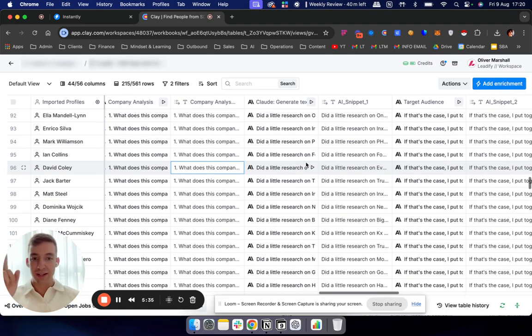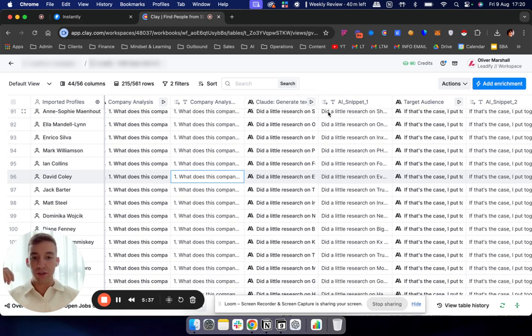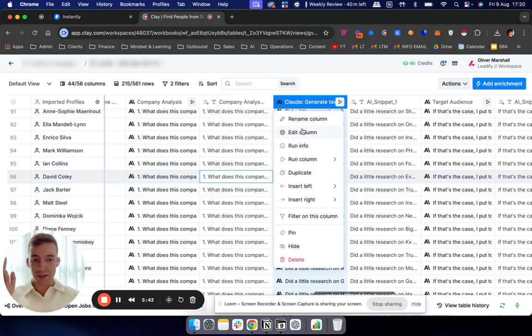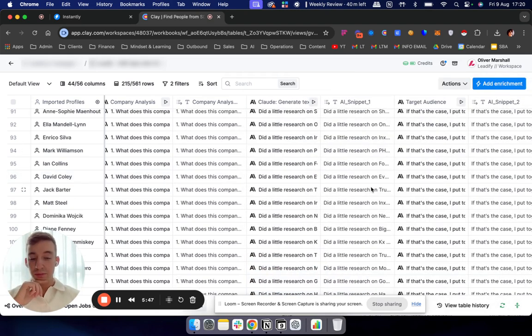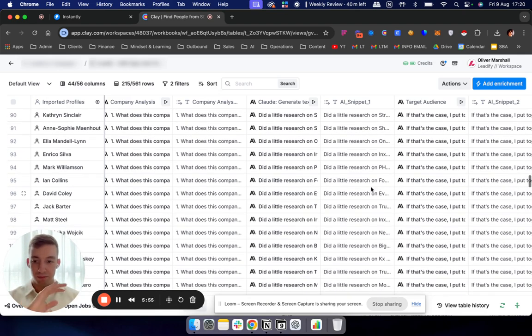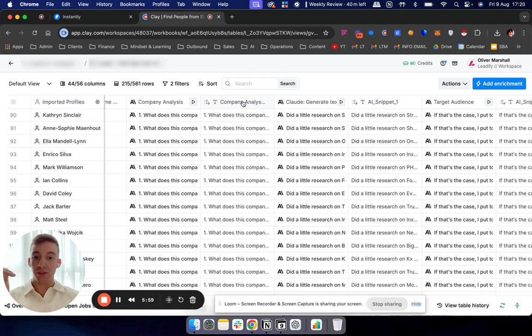So we do an analysis, and based on that analysis, we then ask Claude, and I think what we're using is 3.5 Sonnet, right? Which is a little bit more expensive, but it's literally nothing. It's like a cent or something per result, or even less than that. I don't know exactly, but something tiny. And then we're basically asking it to